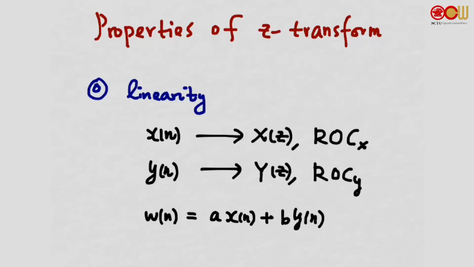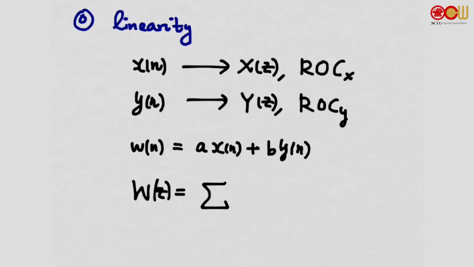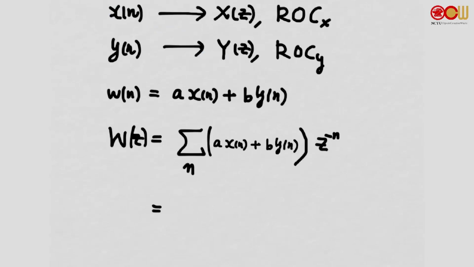What would be the Z-transform of w? Would it be the linear combination of X and Y? By definition, W(z) is the sum of w[n] z^(-n), and we should put w[n] in here, then z^(-n), summation over all n. We can split it into two summations